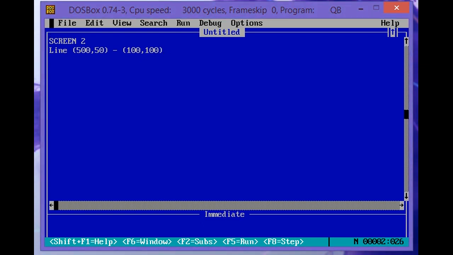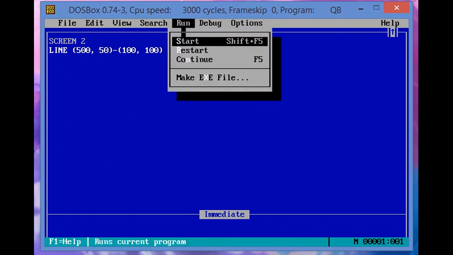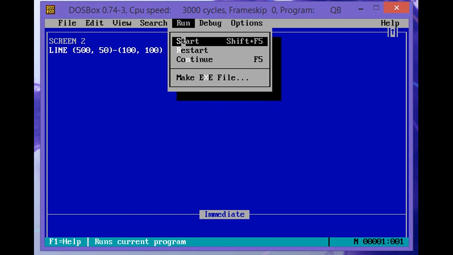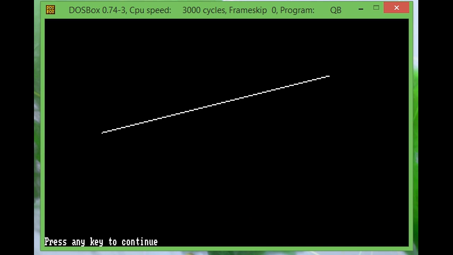After writing your program, to run the program, click on the Run command, Start. So when you enter the above program in QBasic and run it, you will get the output. So the line is drawn.